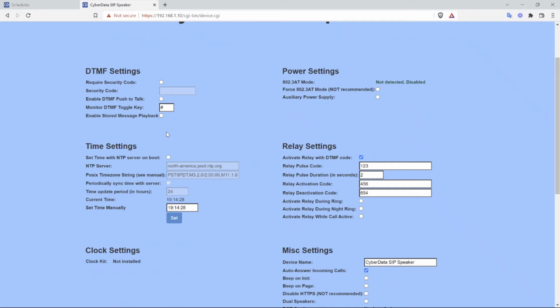But the DTMF settings can also allow the speaker to be used in a push-to-talk mode that we'll talk about a little bit more briefly. On our right-hand side here, we've got our different power settings. These speakers are designed to be utilized with 802.3at power, and that gives them a full 30 watts of PoE power to work with, which just gives them more oomph. As you'll see here on my speaker, I'm just using it off a standard 802.3af switch, which gives it 15.4 watts of power to work with. So even though the speaker is designed for use on AT power, full 30 watts,